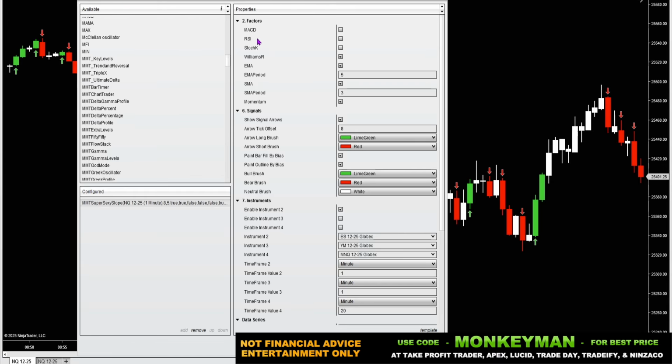The MACD, the RSI, the stochastic, the Williams, EMA, SMA, both with custom periods, and the momentum indicator. Right now I've got 4 of these checked. So it's looking for the slope to be up or down on the Williams, the 5-period EMA, the 3-period EMA, and the momentum indicator. I've got the signals on, I've got the bar color on, and I've also got 1